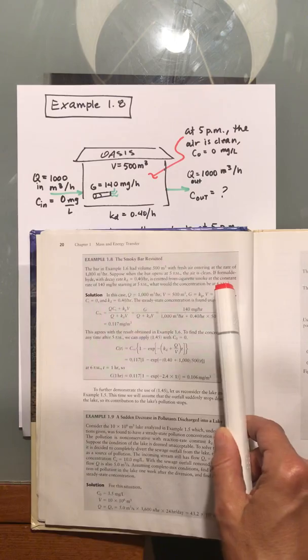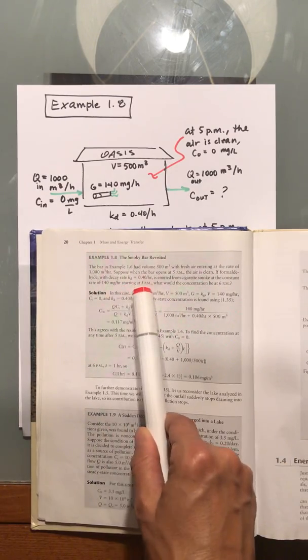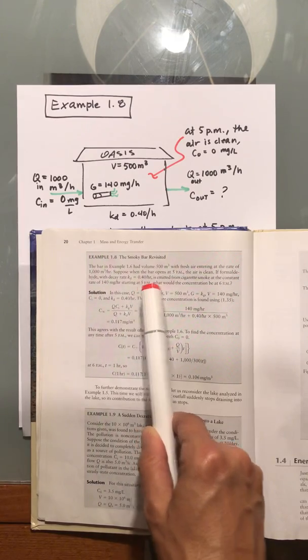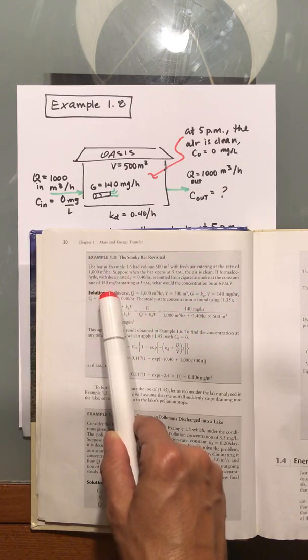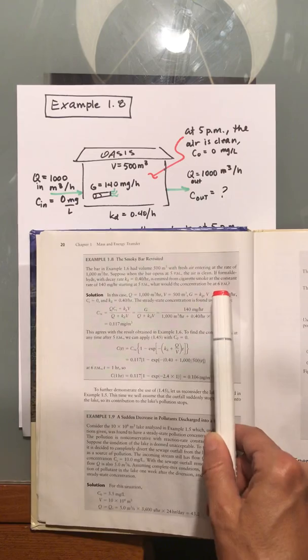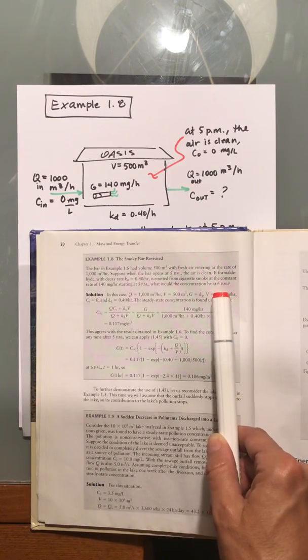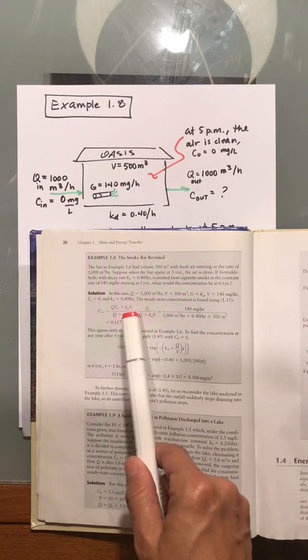If formaldehyde, which comes out of the cigarette with a decay rate of Kd equals 0.4 per hour, is emitted from cigarette smoke at a constant rate of 140 milligrams per hour starting at 5 p.m., what would be the concentration at 6 p.m.? Okay, so we already know from previous example 1.6 that